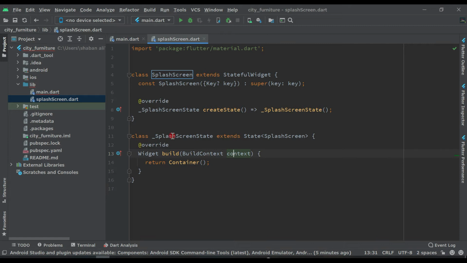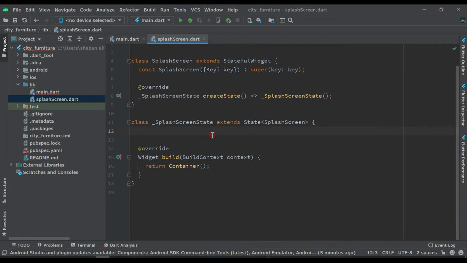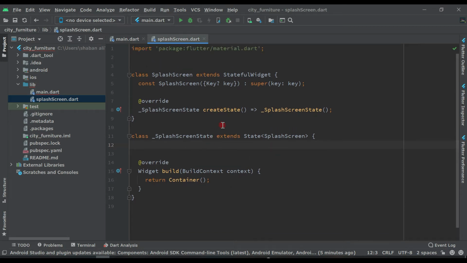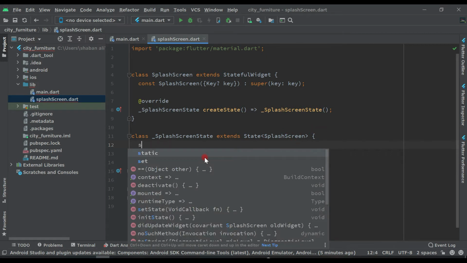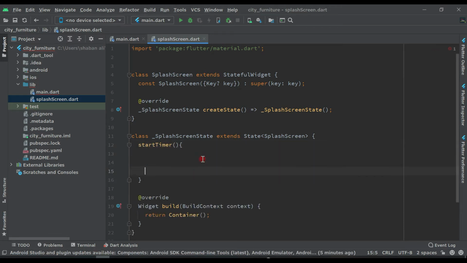so now here before this override method, let's create one function for a timer, so that after a few seconds this page will disappear and will jump to the home page. So for that, here we have to write one function, start timer, open bracket, and here we have to write timer.